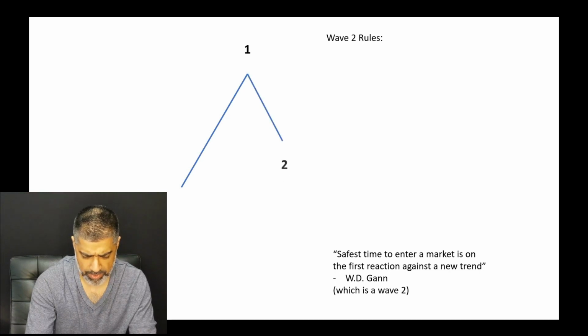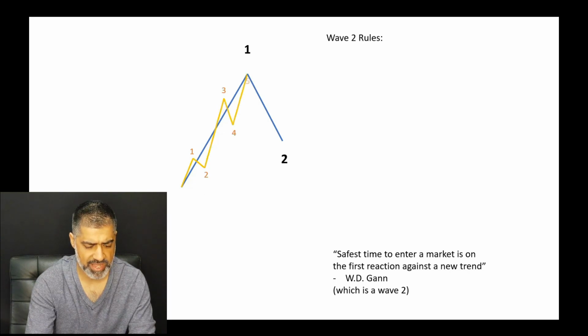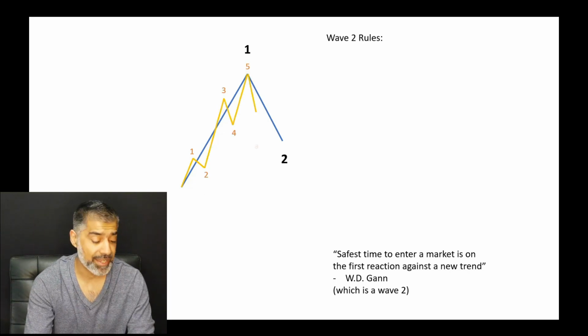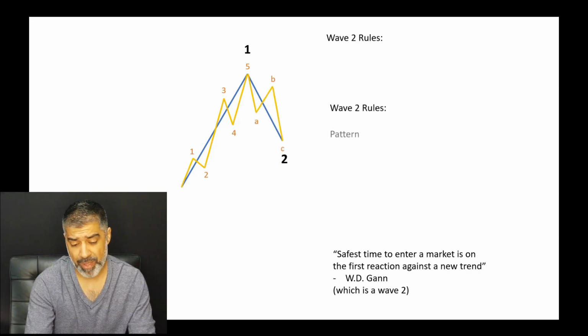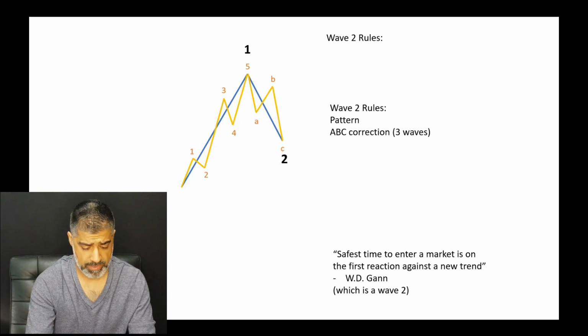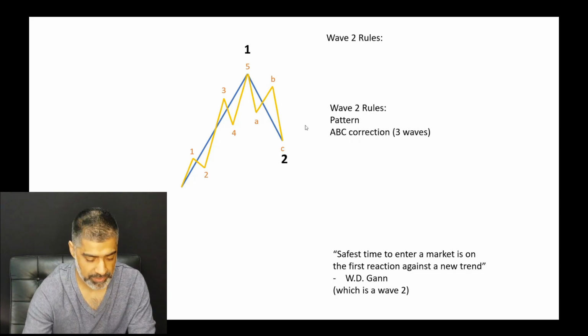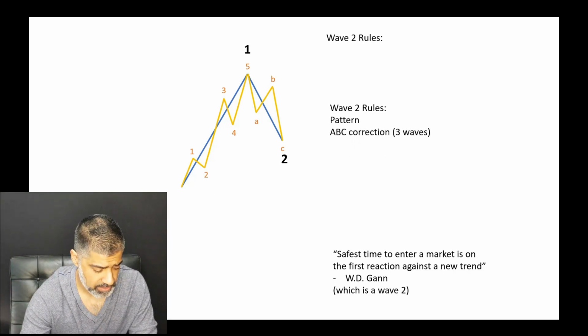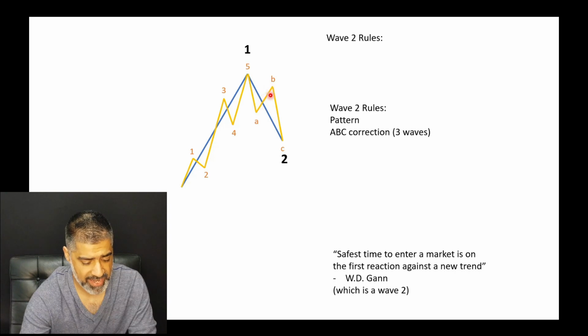So we know it's 1, 2 in typical Elliott wave for the first wave, and wave 1, just to make it crystal clear, breaks down into 5 waves typically. And the wave 2 breaks down into an A, B, C correction. So we're looking at pattern. So we know wave 2 is what we're focused on. Let me just bring up my laser so I can make this crystal clear for you. Once you get your head around this, this is so powerful because you want to look for this pattern, this A, B, C correction. It's 3 waves.